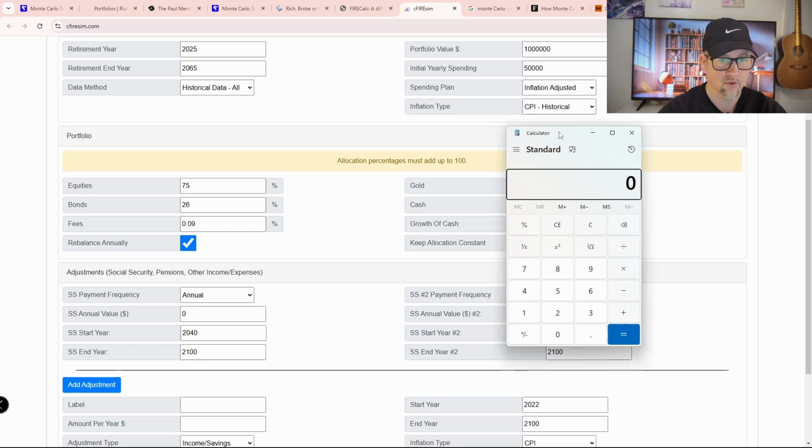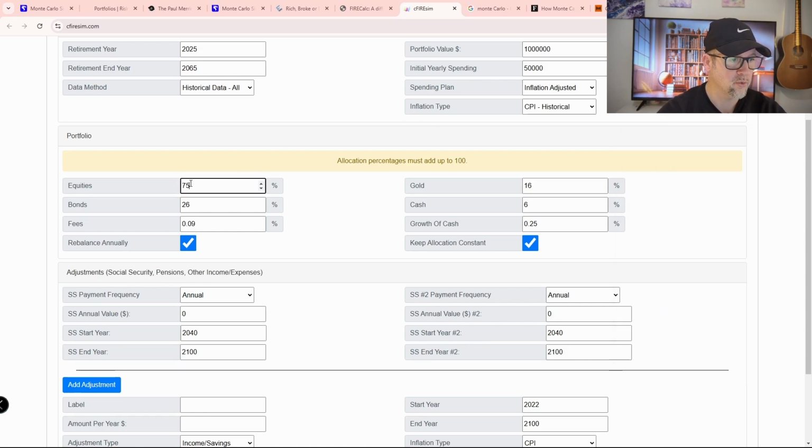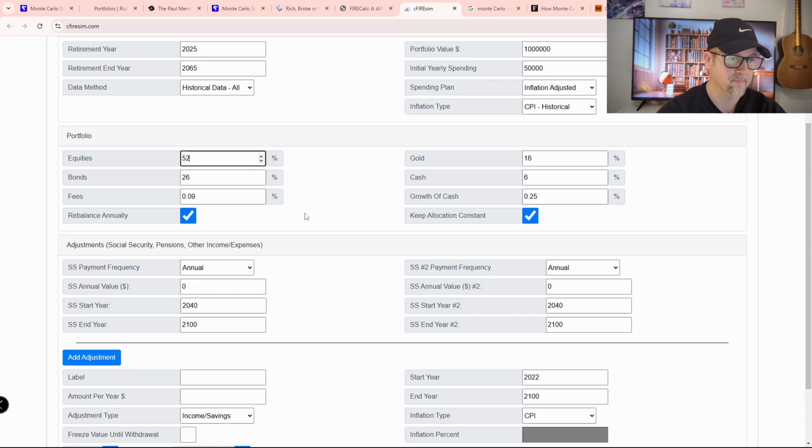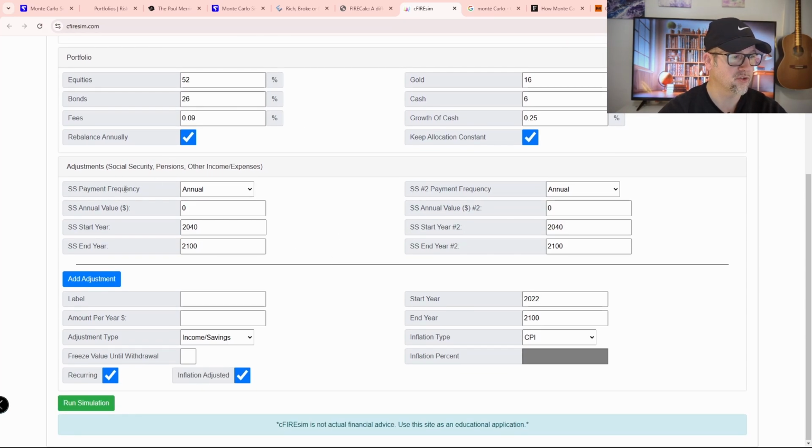And then we're going to do the math here. So 16 plus 6 plus 26 equals 48. So 52 would be the end. Okay. All right. And then Social Security frequent payments. So are we getting payments in our Social Security? Yes. So let's say that we are 50 years old in